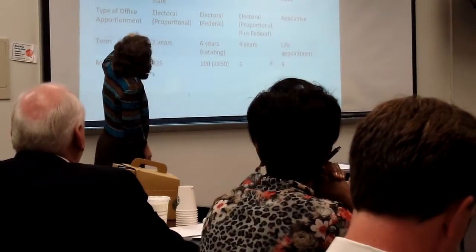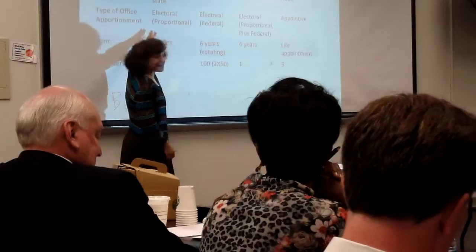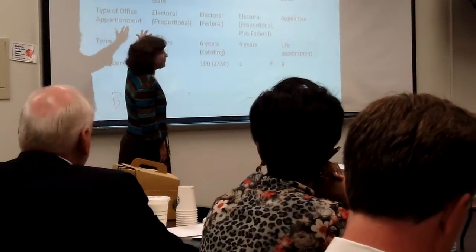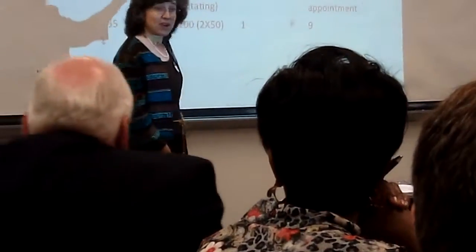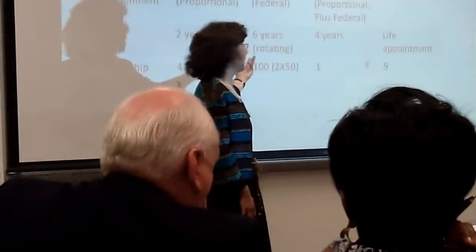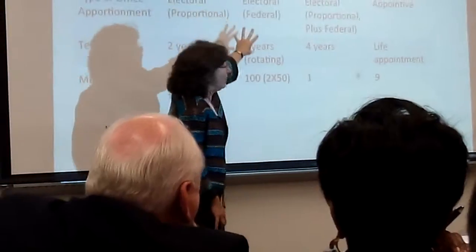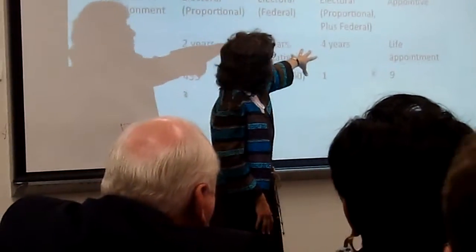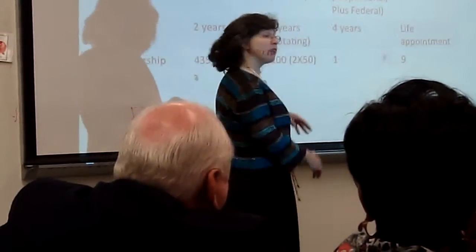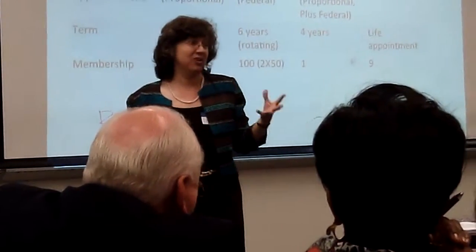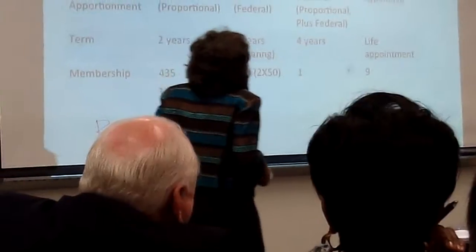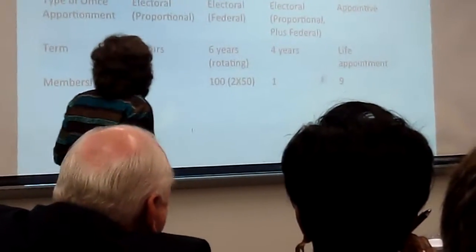Okay, so in terms of thinking about how the House is elected, it's proportional, right? It's based on the population. The state is federal, right? That's a federal representation, so we're representing districts, then states. The president represents the nation, right? But it's both proportional and federal, right? Because we have the House and the Senate is how you get your electors. And we appoint members of the Supreme Court.